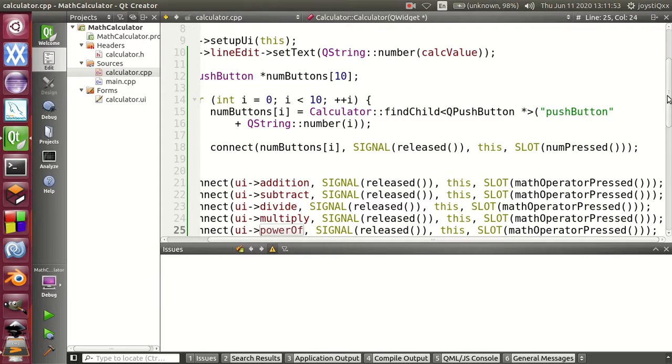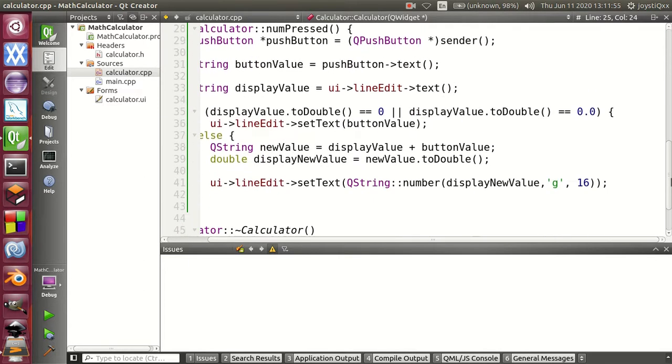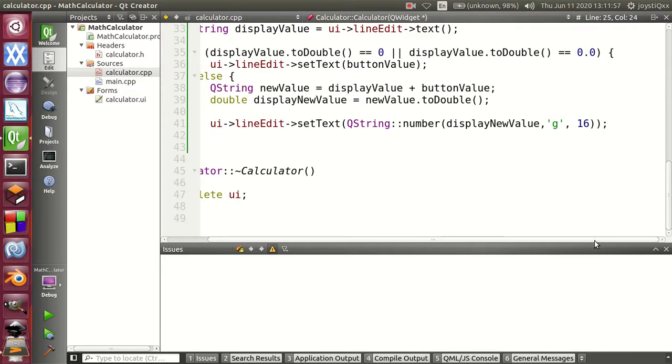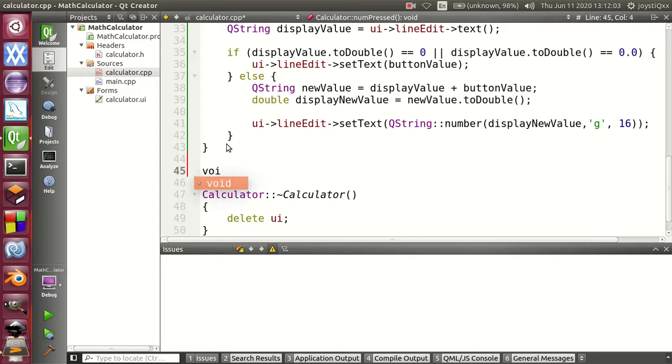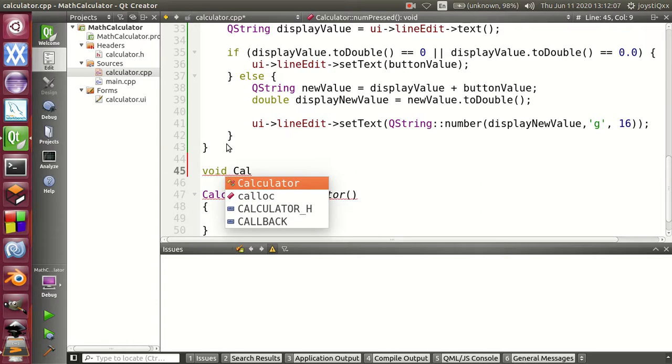And I think that's that. Now we need to implement that MathButtonPressed function down here. So I'm just saying, since it's not returning anything, Calculator::